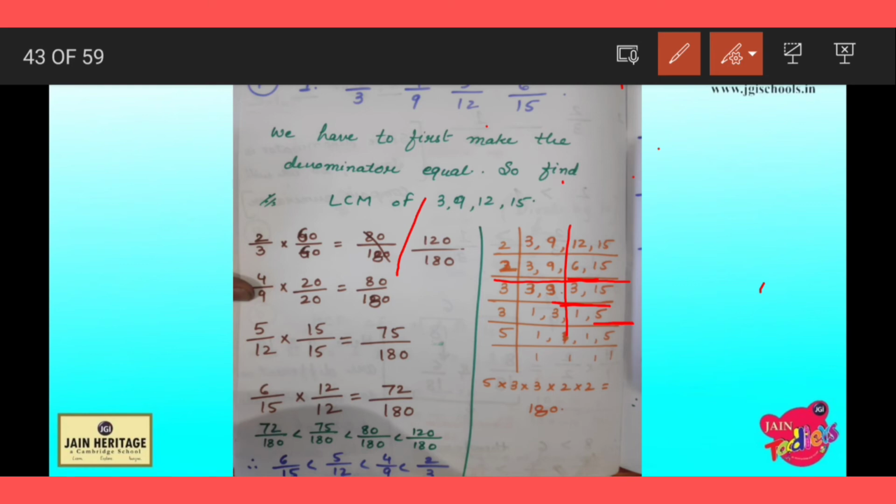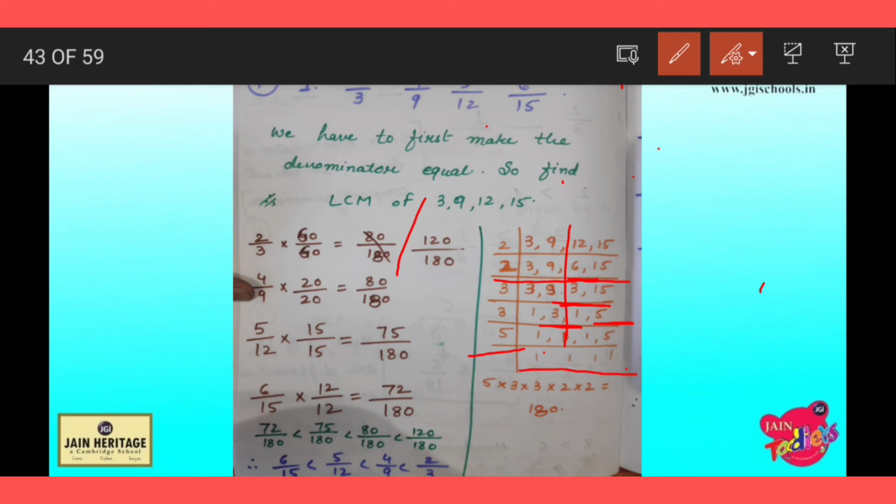Okay. Now again 3 and 5 are there. So 3 is there, so we will take 3. 3 ones are 3. 1 will be as it is, and 5 will be as it is because 5 is not divisible by 3. Now is 5 divisible by 4? No, it is not divisible by 4. So what will we take next? 5. 5 ones are 5. Okay, now all are 1, 1, 1.